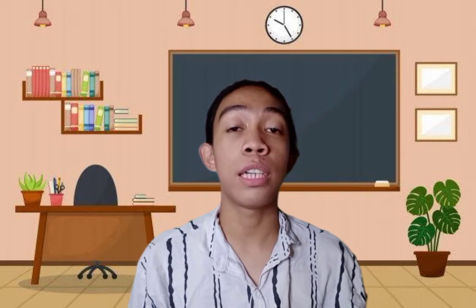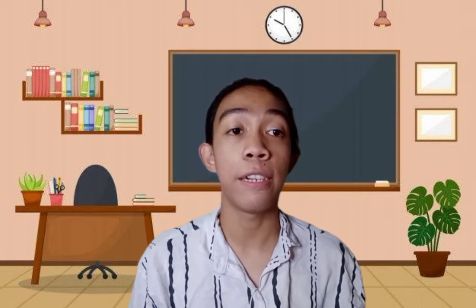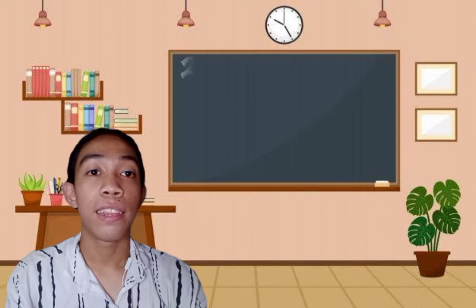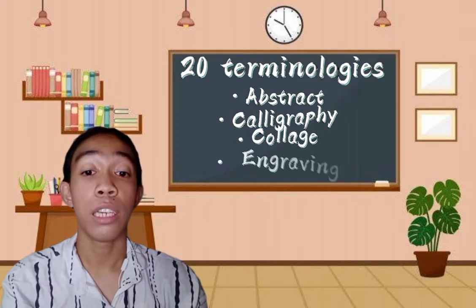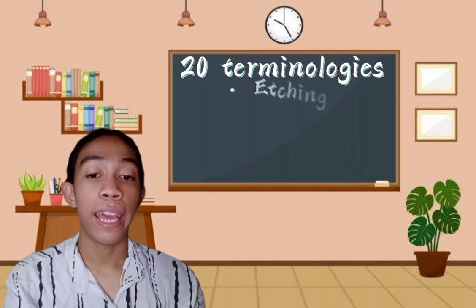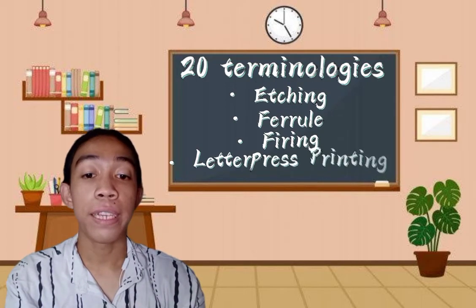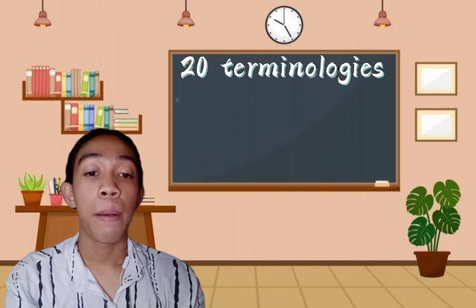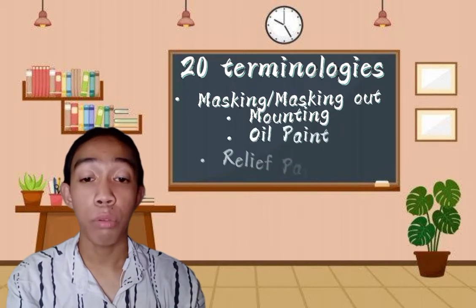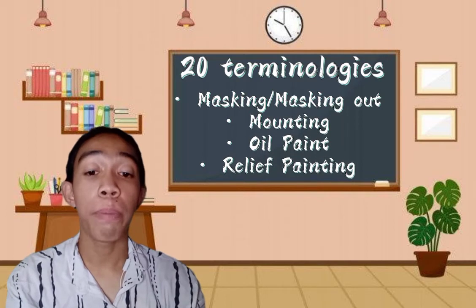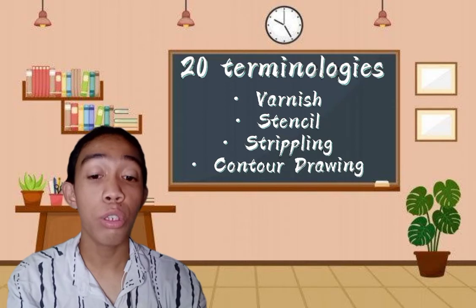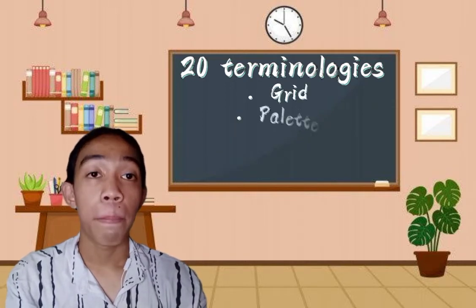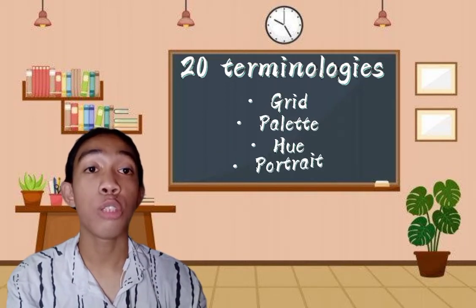And the task that is given to us is to pick 20 terminologies that are commonly used in reading visual arts. And the 20 terminologies that I've picked are abstract, calligraphy, collage, engraving, etching, ferrule, firing, letterpress printing, masking or masking out, mounting, oil paint, relief painting, varnish, stencils, stippling, contour drawing, grid, palette, hue, and the last one is